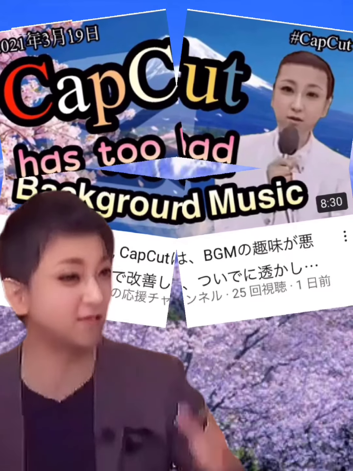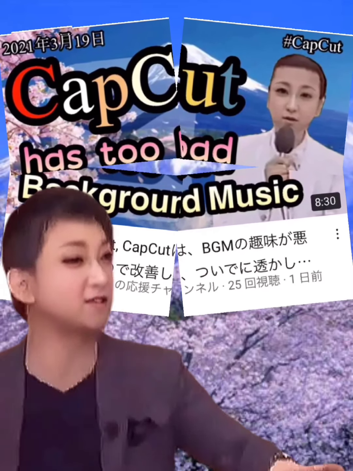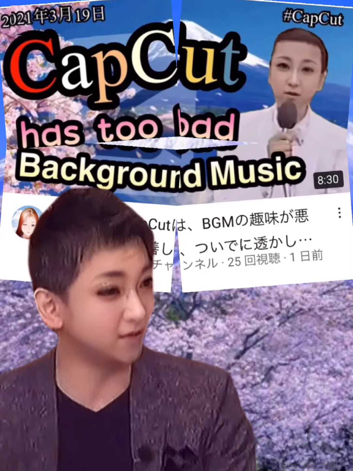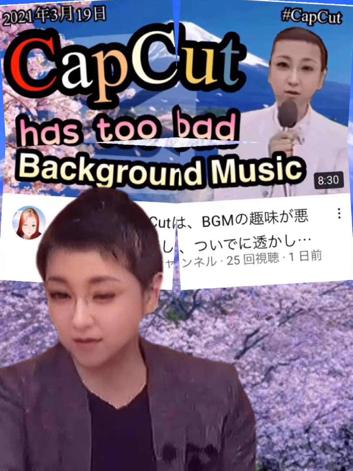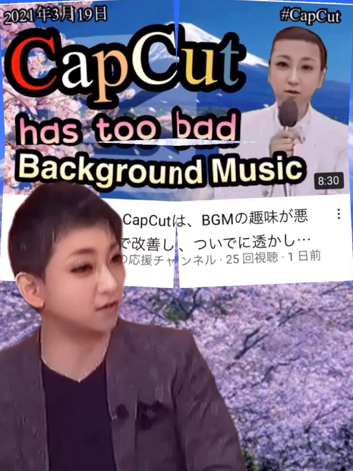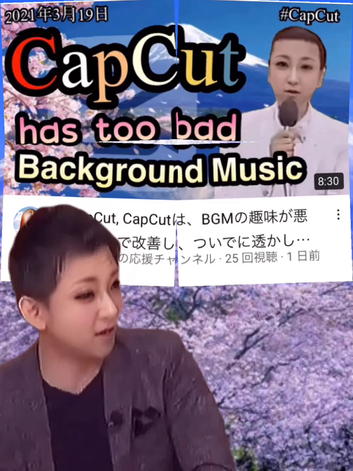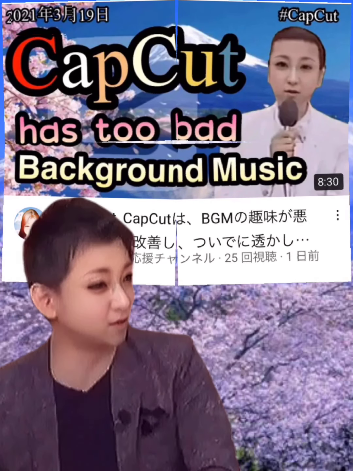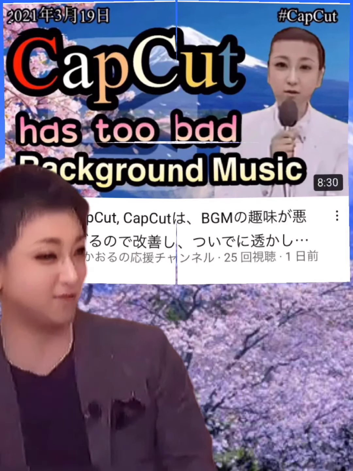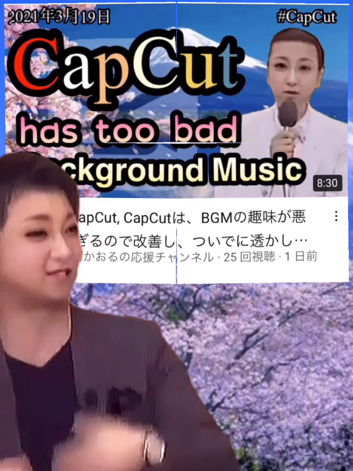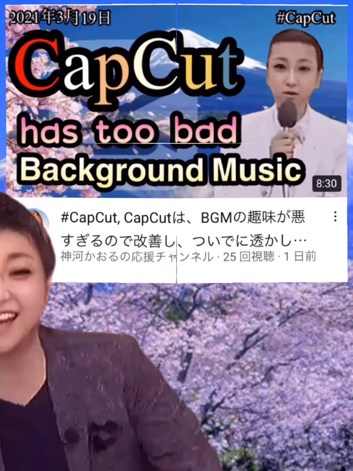However, CapCut has a function called mask. You can make everything other than a specific part transparent, and conversely, make a specific part transparent. Well, CapCut is a really great app. With this, you can make not only mosaics but also quite tricky videos, but I came up with the idea that it could be used for watermark removal.